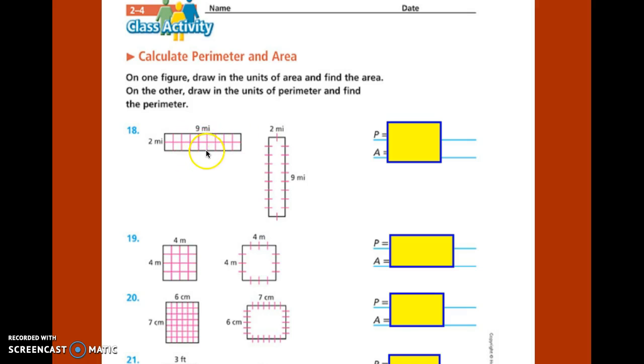But even if the lines weren't here, I want to show you that you could calculate the area and the perimeter without those lines being there. They're nice because you can always double check and count, but it's not needed. If this is just a rectangle and all this was gone, this is the area one, so we're going to do area here. To do the area, it's just that length times that width again. So 9 times 2, which would give us that 18 square